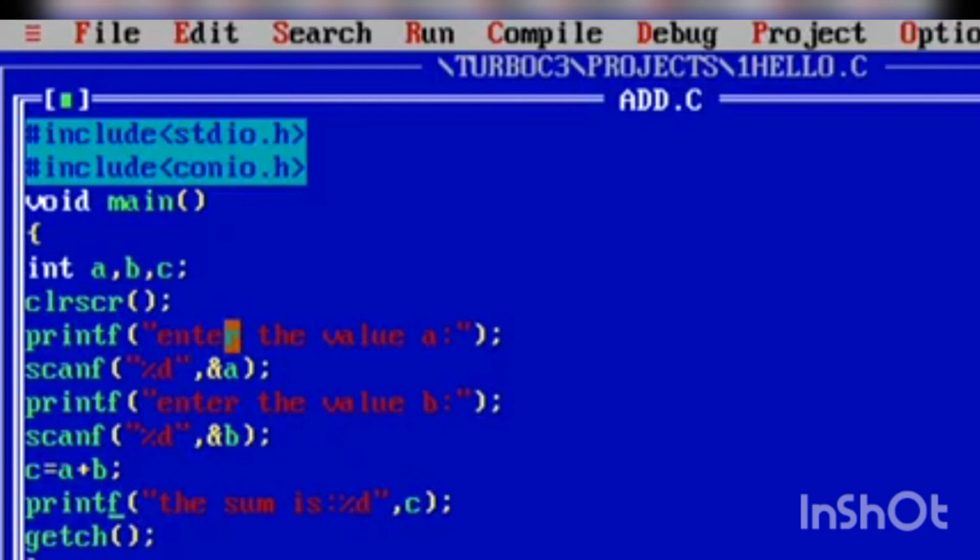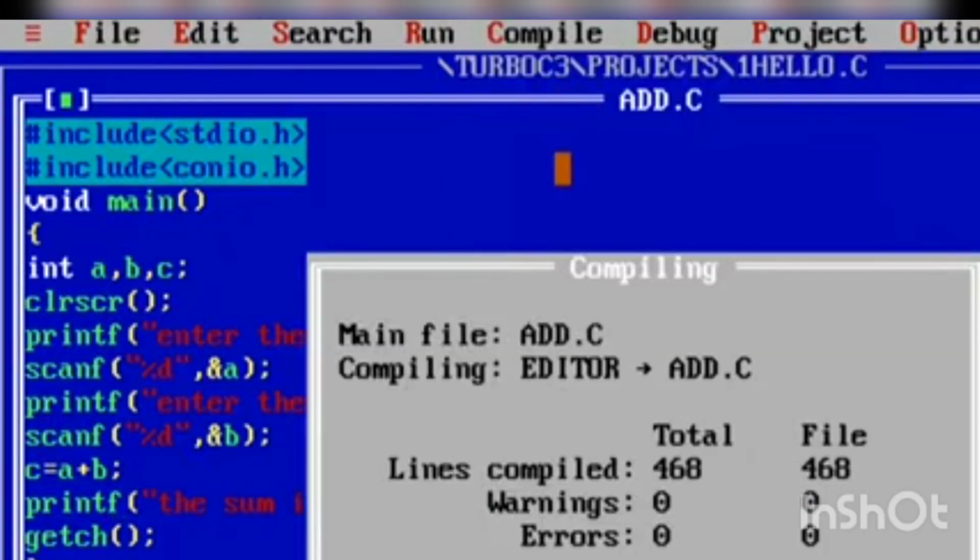Now enter the value a. I'm entering. Here you can observe the screen appearing is a cleared screen, the clear output screen you got, because you entered the clrscr function. If you remove that function, the previous matter and where the program is stored